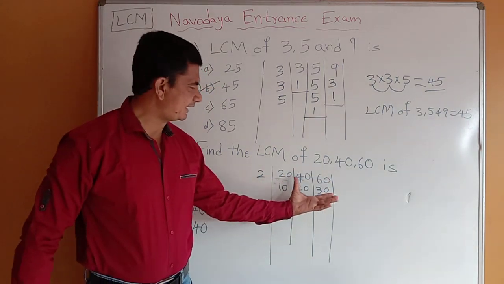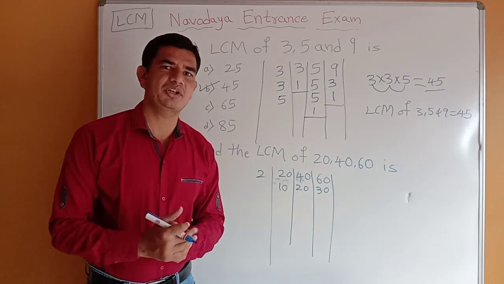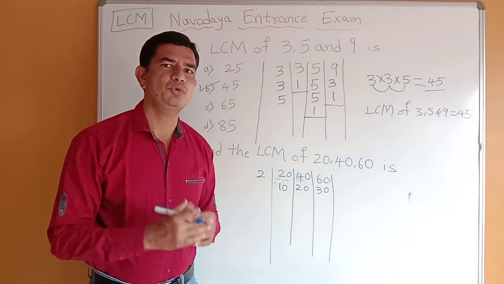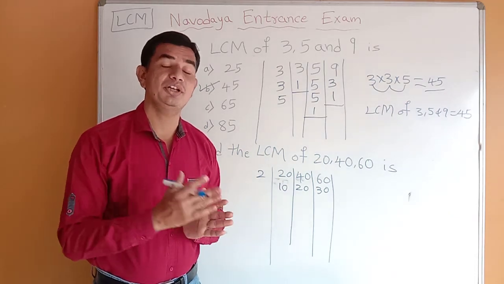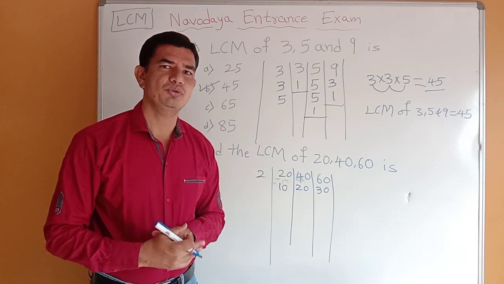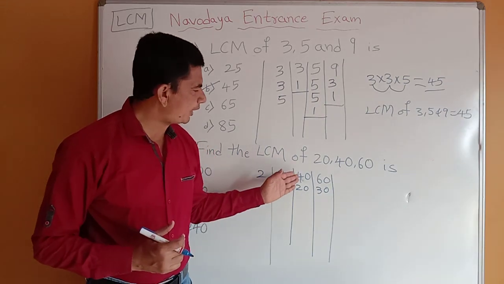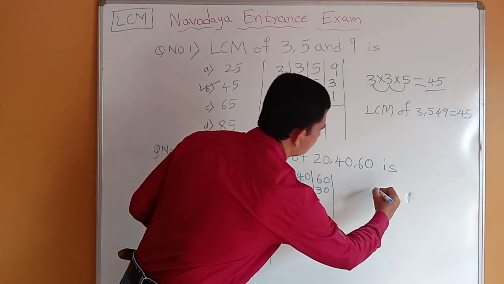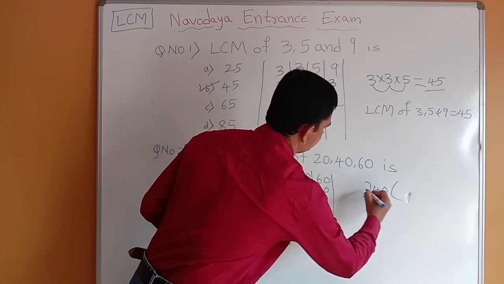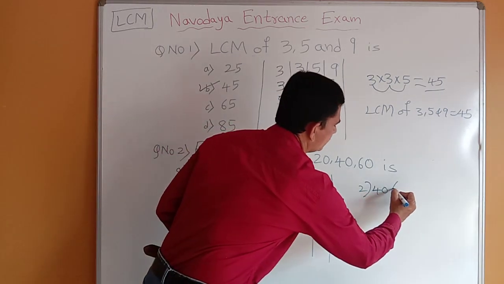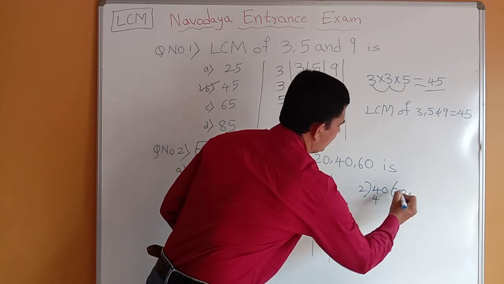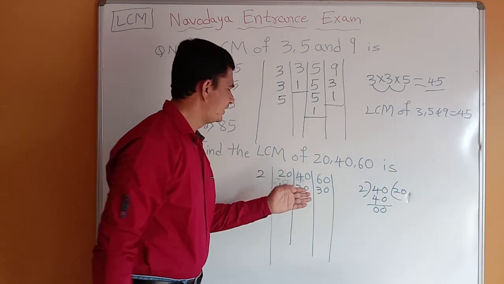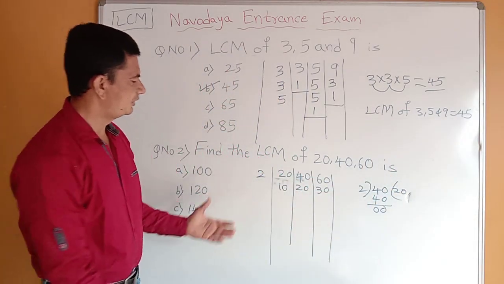Students, in this step, one more thing we have to understand. If the number is too big, you can't do it directly. 2 tens are 20 you can say, but 2 elevens or 2 twelves you can't say, because you have not learned that. So what do we have to do? We write that number separately and divide by 2. See, 40 is there. We write 40 and divide by 2. 2 twos are 4, 2 zeros are 0. So the answer is 20. Like this we have to divide in rough and write here. Now let's go to the next step.